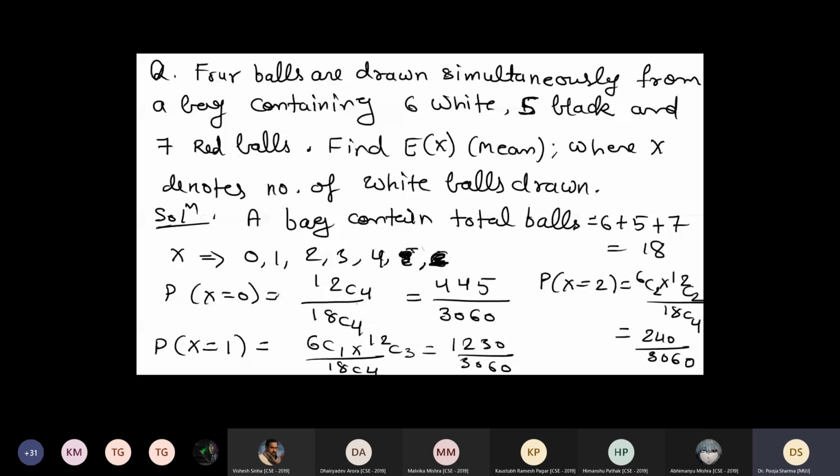So can we go for the next slide if you all have written it? Which one? For x equals 2, it is 990. Please cross check, because I just took it directly. Others also cross check. 240. Yes, it should be for x equals 990. You are saying this is 990, right? 990 upon 3060. Correct.